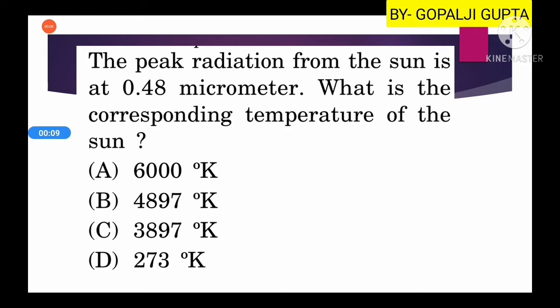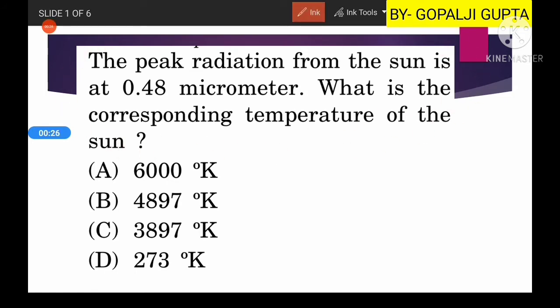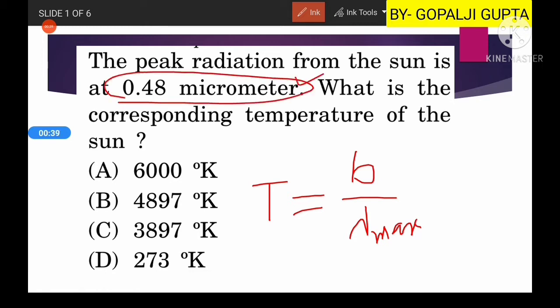So here is our first question, and it is saying that the peak radiation from the sun is 0.48 micrometer. Then what is the corresponding temperature of the sun? So this question will be solved with the help of Wien's law, which states that temperature is equal to B divided by lambda max, where lambda max is the peak radiation which is given, 0.48